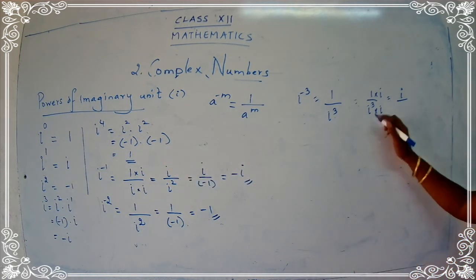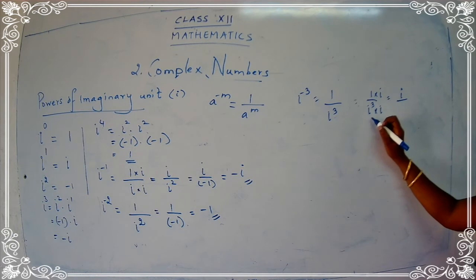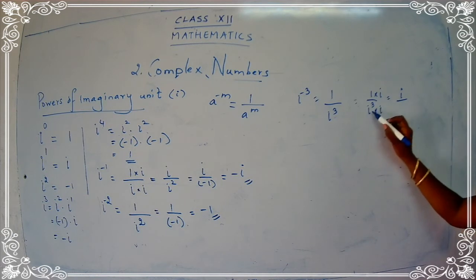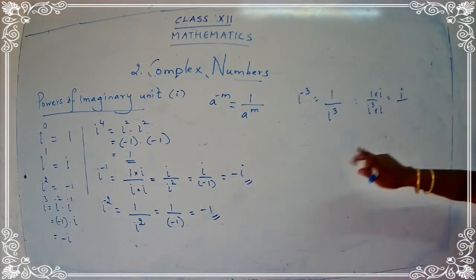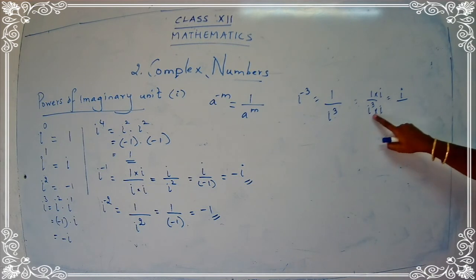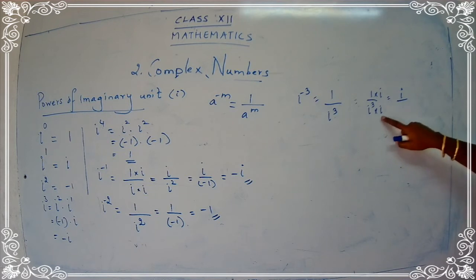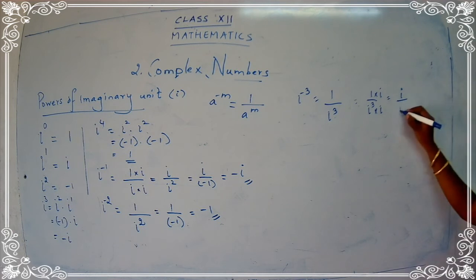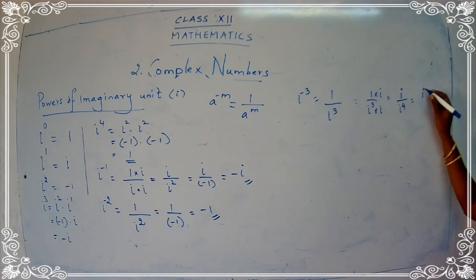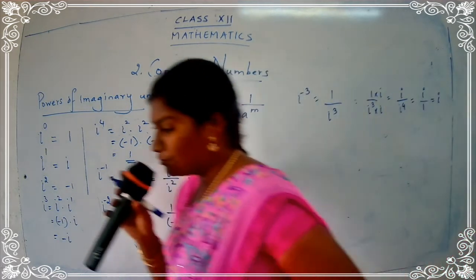See, so easy. Because I don't want i in the denominator part, for i cube I'm just multiplying by i. If I write the value for i cube, I get again i in the denominator. So don't write that; you just multiply by i. So i cube into i. If you are doing any change in the denominator part, the same should be done in the numerator also. So i upon i raised to 4. What is the value for i raised to 4? Yeah, it's 1. Okay, so the answer is i. What is the value for i raised to minus 3?